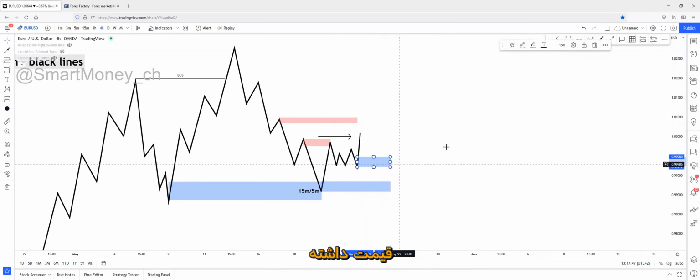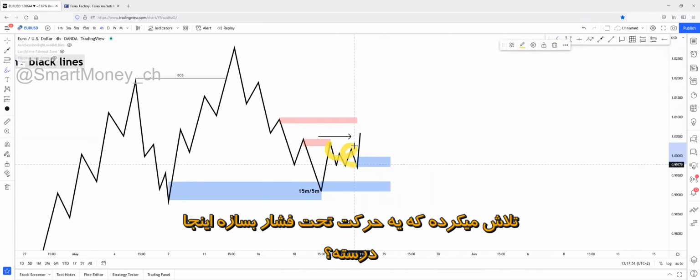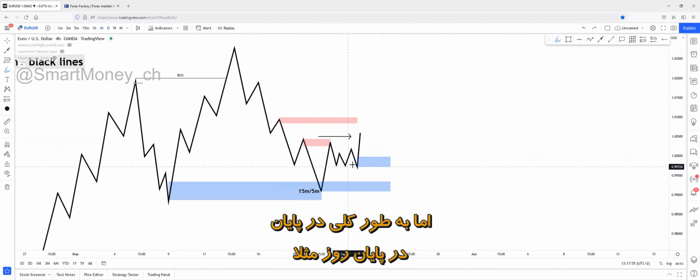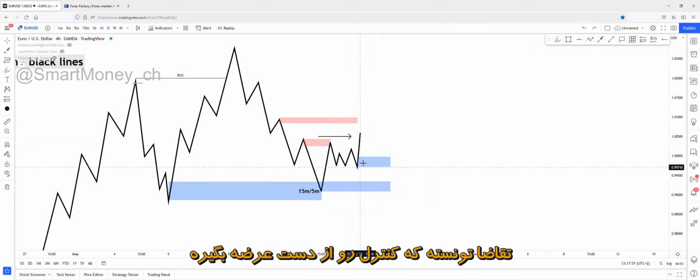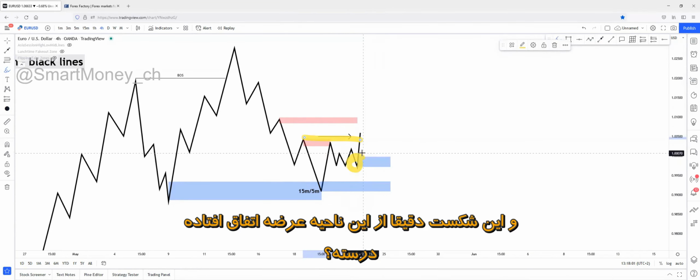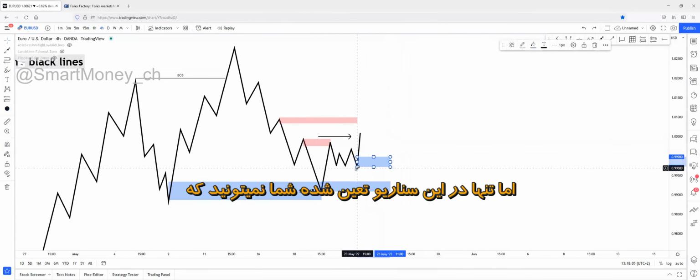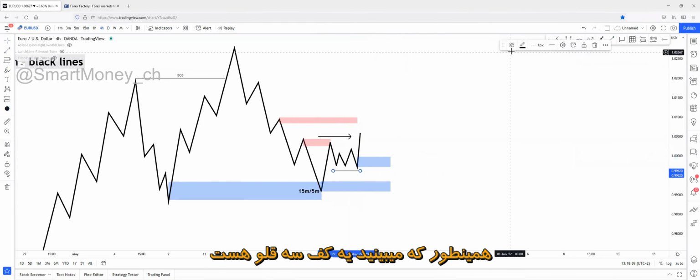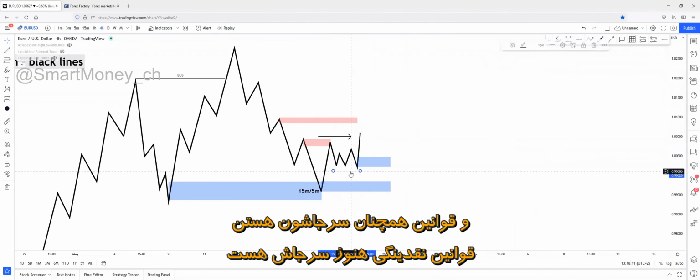Price was struggling to create any impact movement right here, and it has reacted on the supply zone. But overall, at the end of the day, demand has taken over control from supply because it broke above that supply zone, and the break has happened from this demand zone right here. But in this specific scenario, you can't use this demand zone because it is heavily part of the liquidity. As you can see, there's triple bottoms, and the rule is still alive. Liquidity rule is still alive.